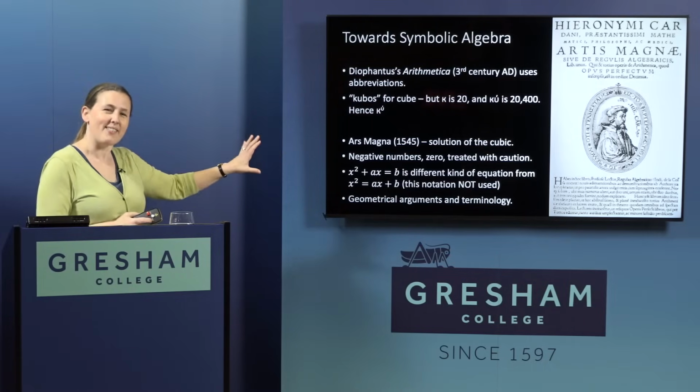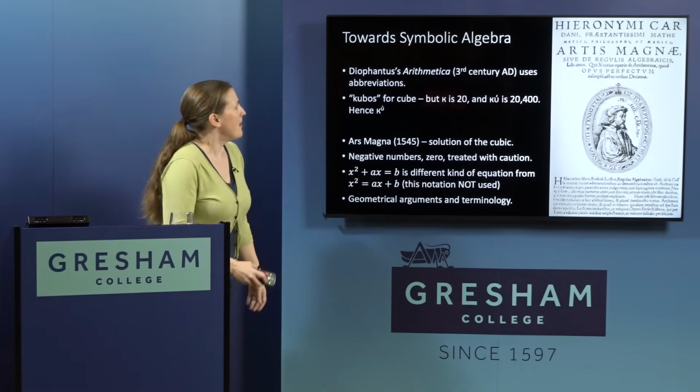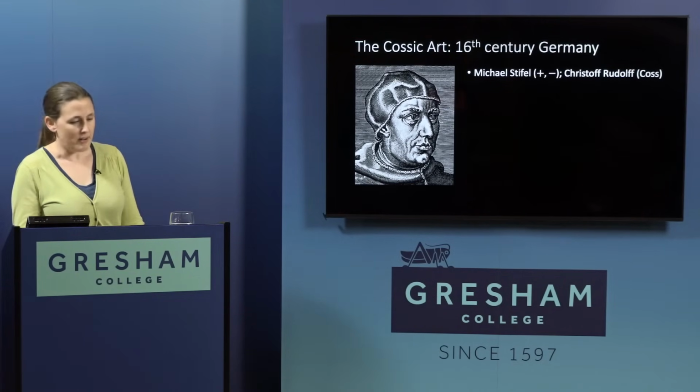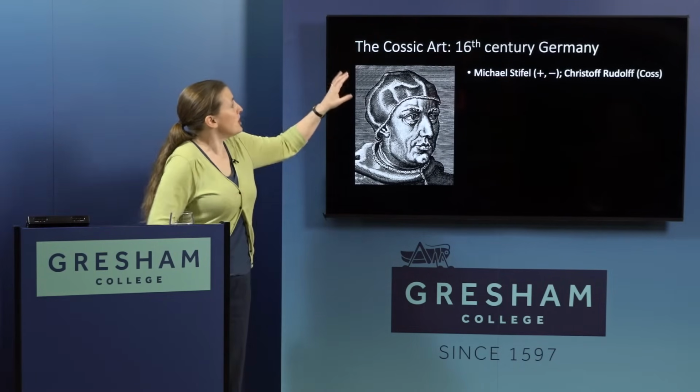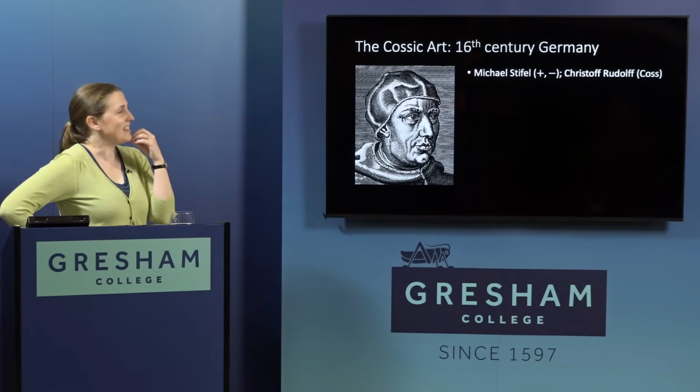We think differently nowadays. So this terminology and the mindset, amazing though the achievement was, there are ways in which we hadn't seen further at that stage. So the next steps, really, we start to get one or two symbols, but really they're coming from abbreviations. The next steps, I would say, are coming in Germany in the later part of the 16th century,